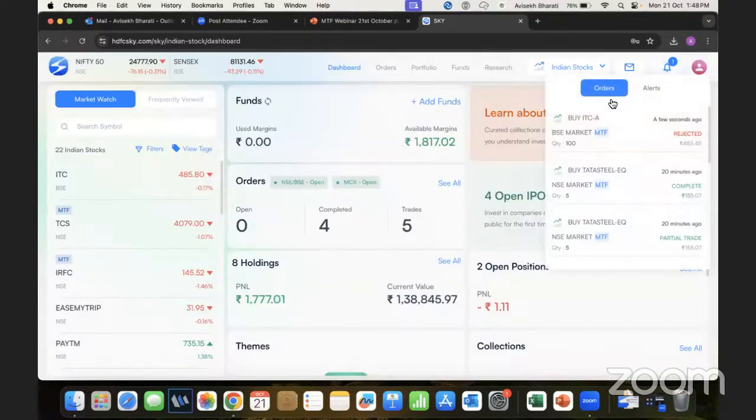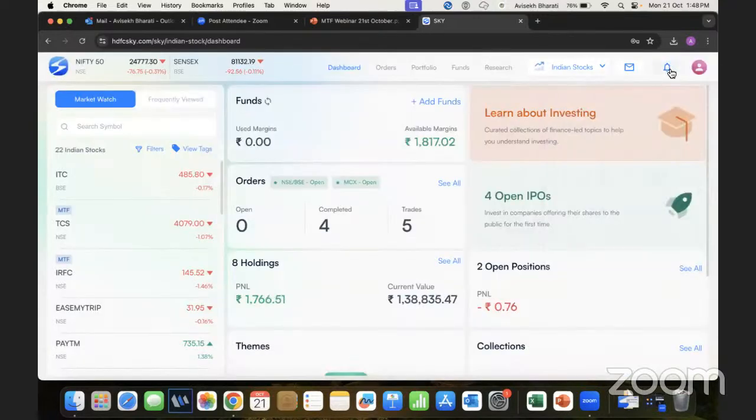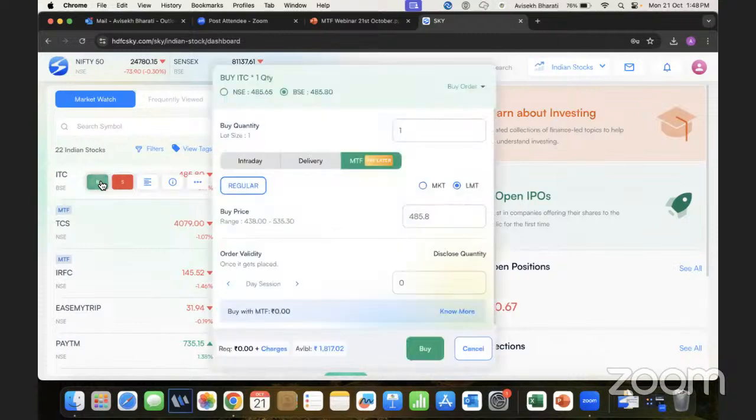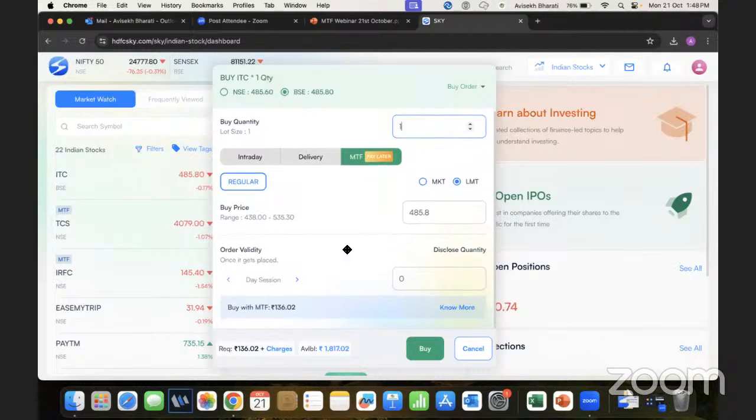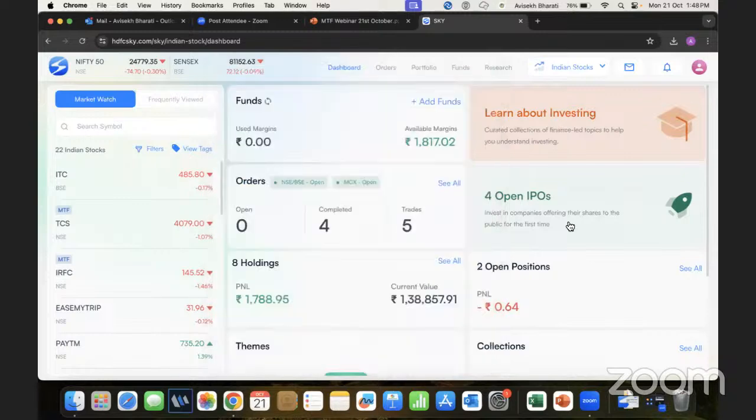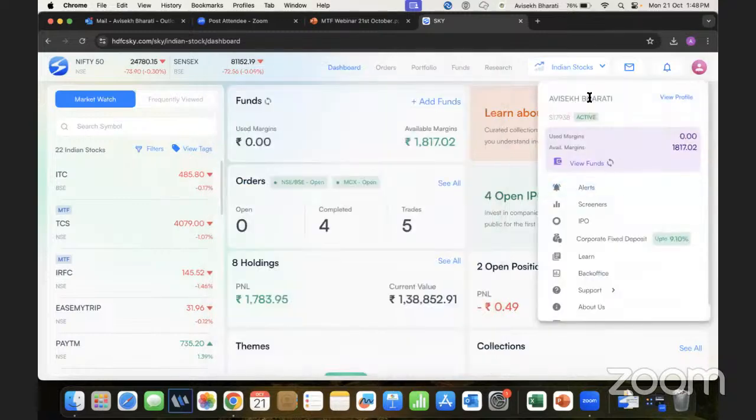You can see over here that the order is rejected. You get a notification. So this is how the screen looks. Actually, the web screen has a similar interface to what you get on mobile. Click on buy and this order pad opens wherein you can simply place your order. Yeah. So now let me move to the second question. How to check leverage for a particular stock. If you want to check leverage for a particular stock, I already discussed checking leverage.